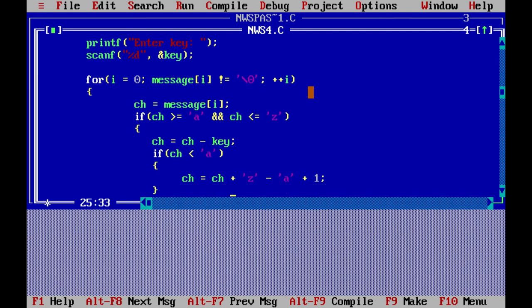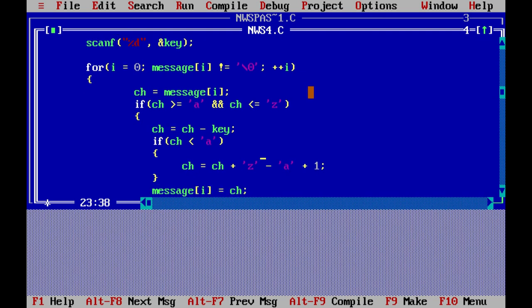Last time in encryption it was written as ch minus z, so here it is plus z, and minus a plus 1 is to be assigned. If it is not to be assigned, think about if your value is ABCD. After the key is applied, it checks if ch is less than a.